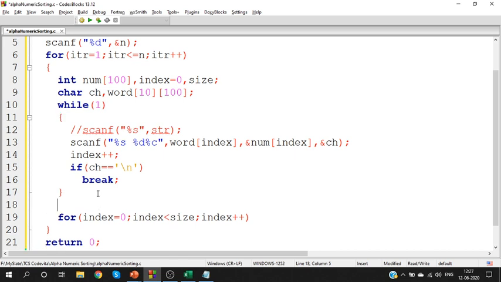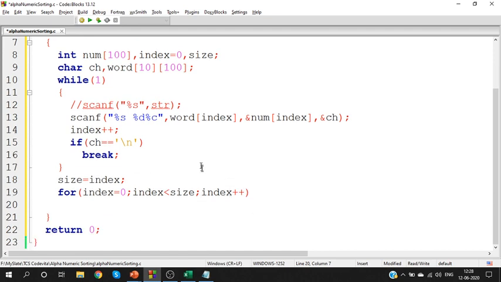So when you come out of the loop, take the last value of index and store it in size. This indicates the number of elements. Now that we have the size, we can print all the elements. I know how many words and how many integers I have. Size stores that value.